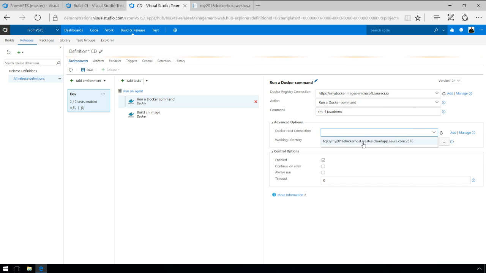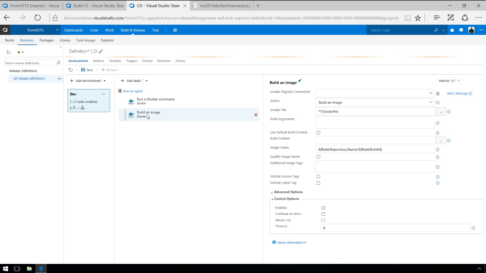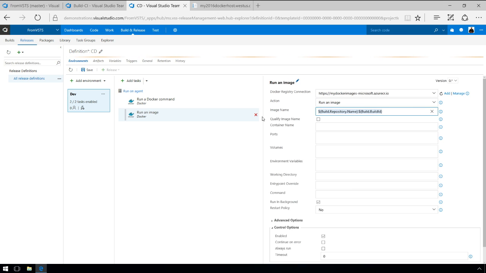I'm then going to come over here and tell it which machine to do that off of. Now that I know that the image is no longer going to collide with the ports, I can then go and run another one. So I'm going to say run an image. I want to give it the image ID. And then what I'm going to do here as well is tell it the ports that I want it to run it on,